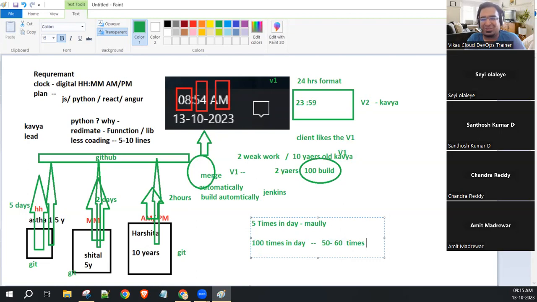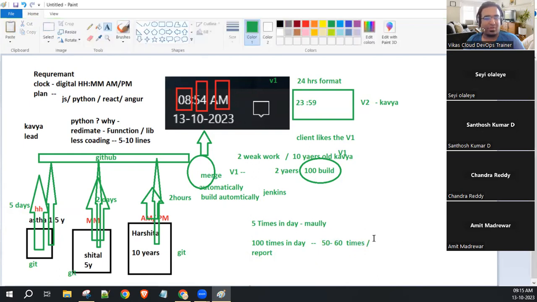Everyone will do the same thing. Yes or no? Agree? Okay, this is human nature, but it is not good. If the client is telling me I have to do 100 times of testing, and we need a report of that, it is very difficult. You can't create a report. You can't give a lesser report than the client requirements, right?